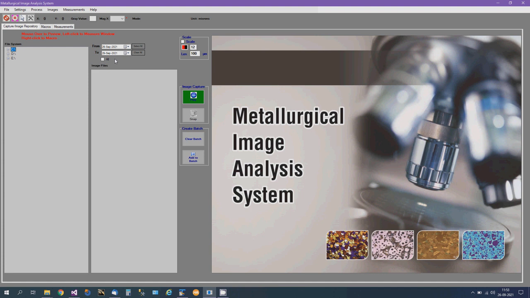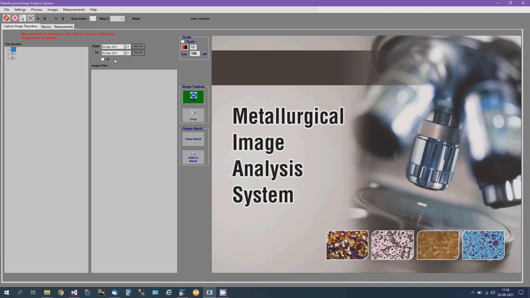That means for each magnification or for each objective that you have on your metallurgical microscope, we need to calibrate our software. Different microscopes will have different magnification set or different objective set, like some have 5x, 10x, 20x, 50x. Some may have 10x, 20x, 40x, 60x, 100x. It depends on how you have configured your microscope. Irrespective of that, for each objective or for each magnification on the microscope, you need to do a calibration on the software. So how we do that?